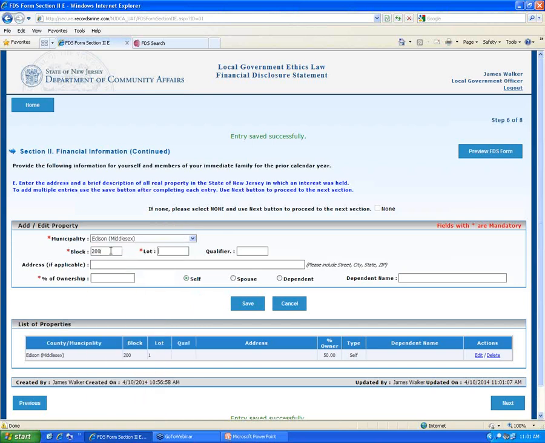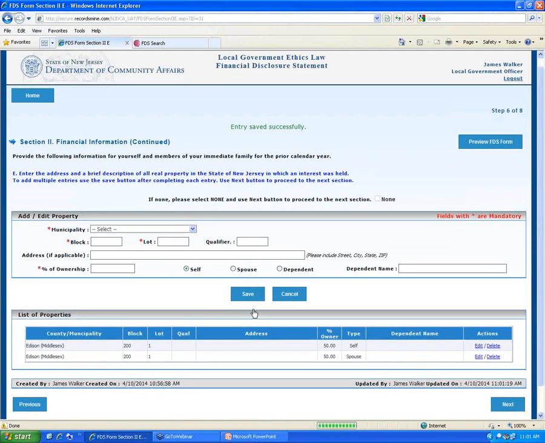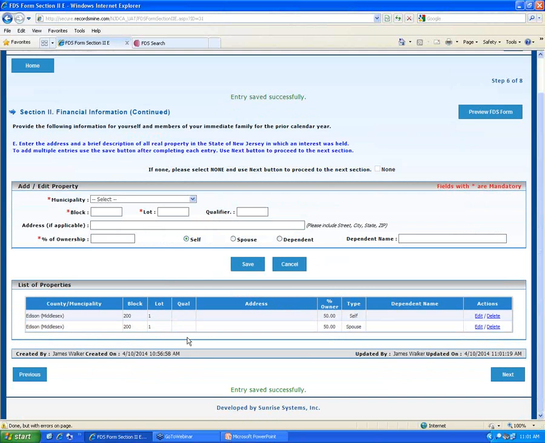I know this was a problem on the form last year, that it was hard for people to actually split percentages. But as you can see here, for anything, if there's a percentage difference, that can actually be listed. So it's 50% for myself, 50% for my spouse. Okay. So again, you can do that on this screen.